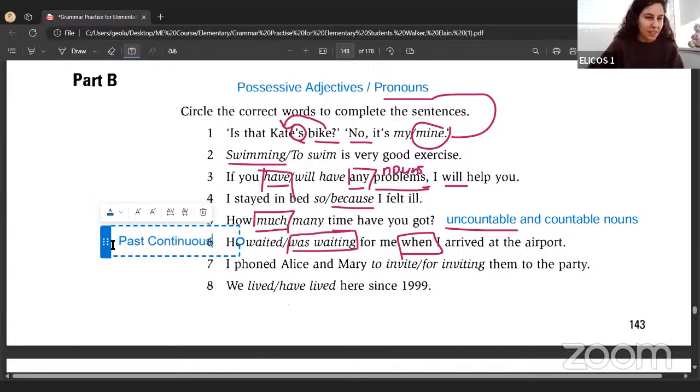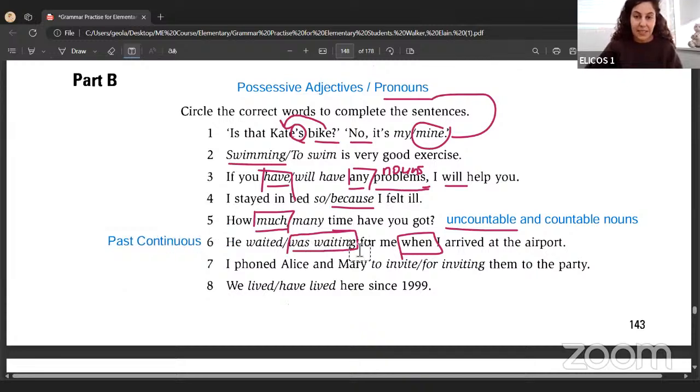That was a very long time ago. What lesson was that? Okay, you have to look back. That was the past continuous. We have when, so we've got 2 actions happening. One of them must be in the continuous. And then on the other side of when, it must be in the past simple. And you can see